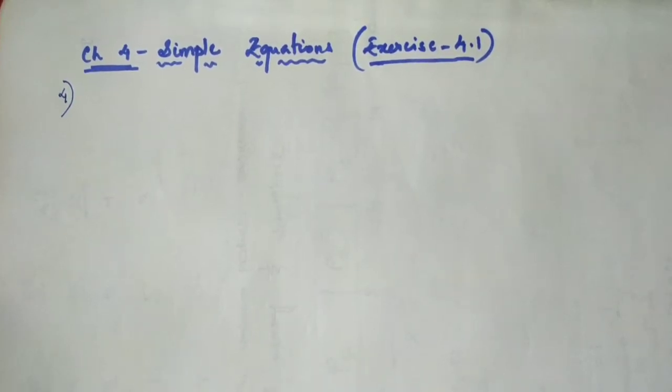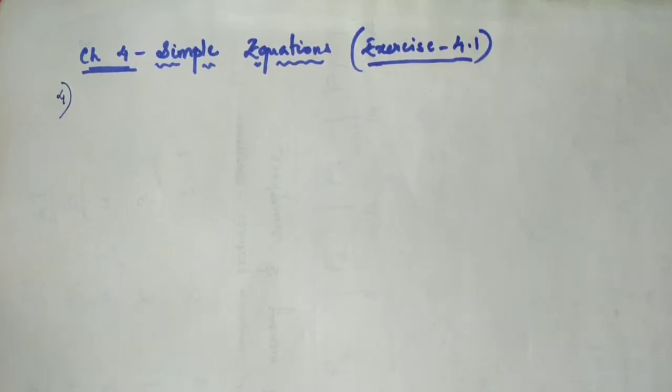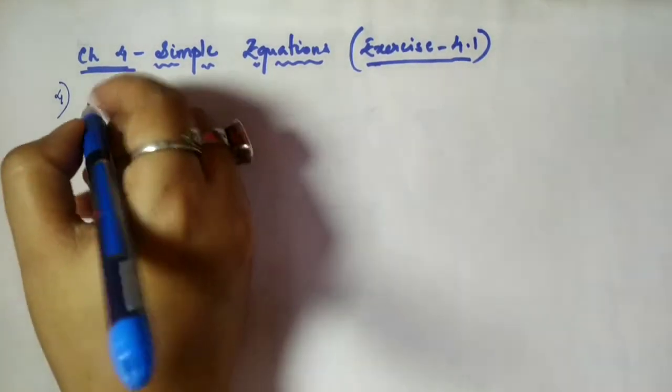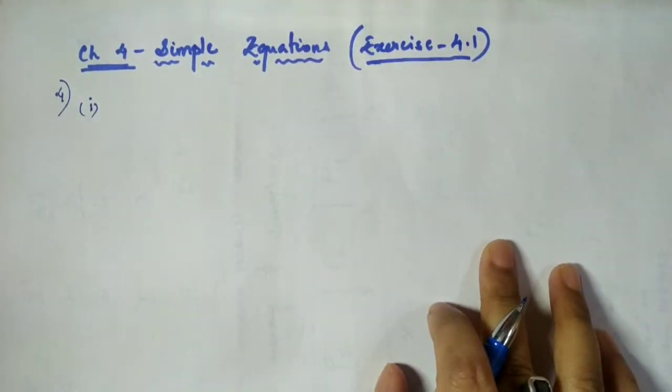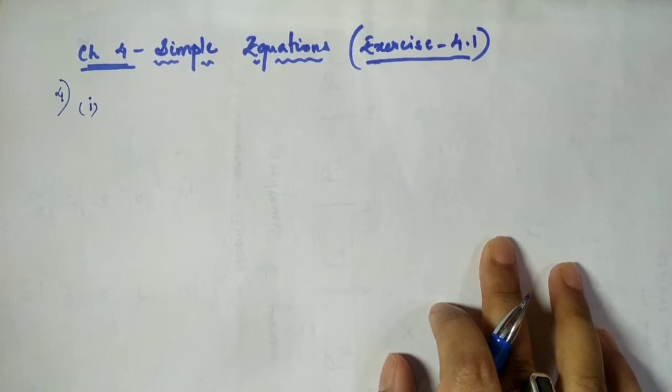So here we'll see the question is: write equations for the following statements. A statement is given and from the statement we have to form the equation. There are many questions here for question number 4. Question number 1 is the sum of numbers x and 4 is 9. I am not writing the question here. You please take it from the textbook.